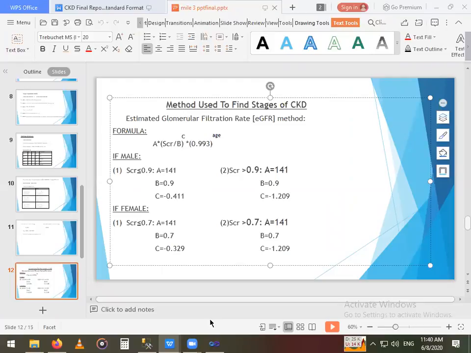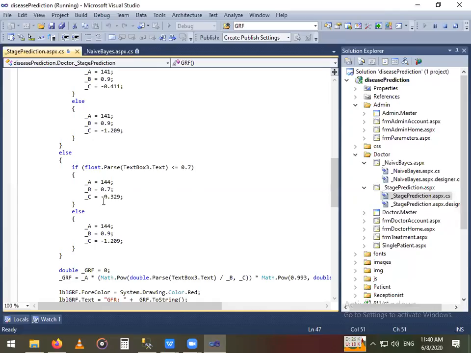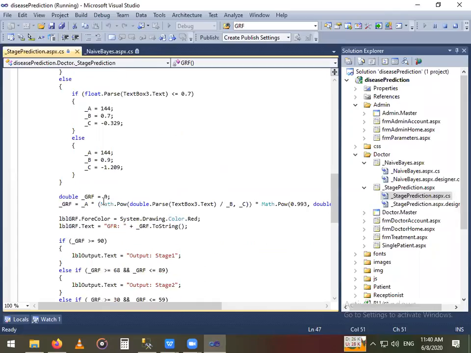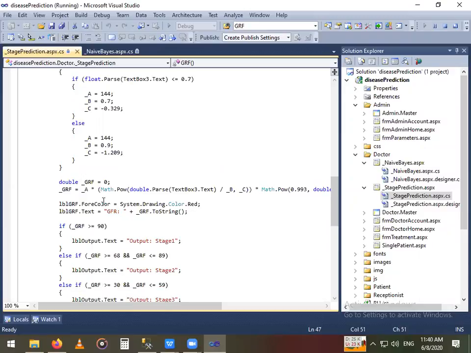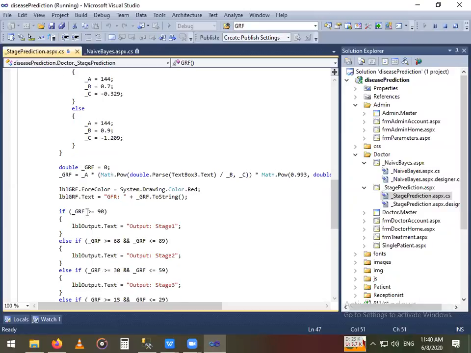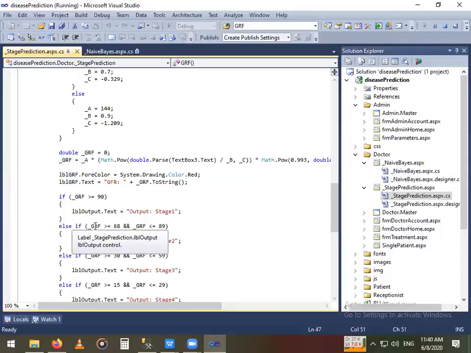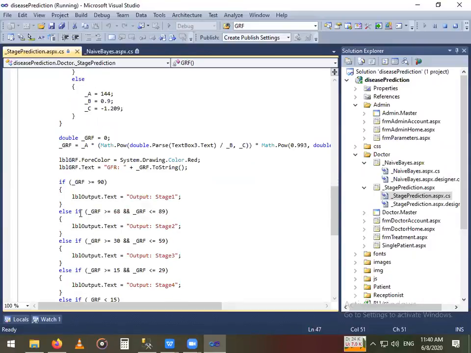The output of this will be in terms of percentage. Depending upon that percentage, we'll predict whether a person is suffering from stage 1, stage 2, stage 3, stage 4, or stage 5. If GFR is greater than or equal to 90, then the output is stage 1. That is only less chances of getting a CKD and less number of symptoms.